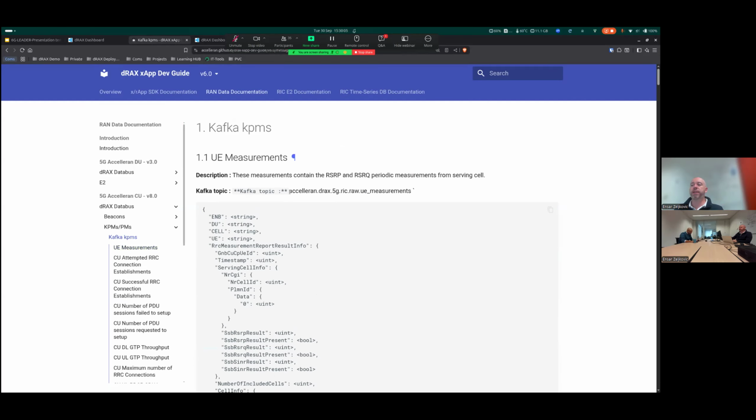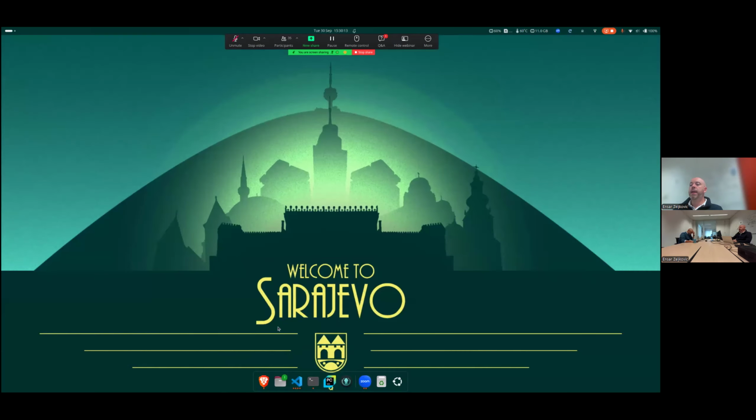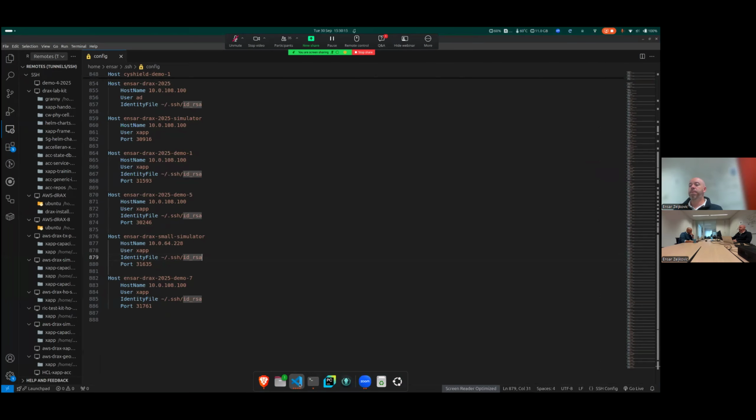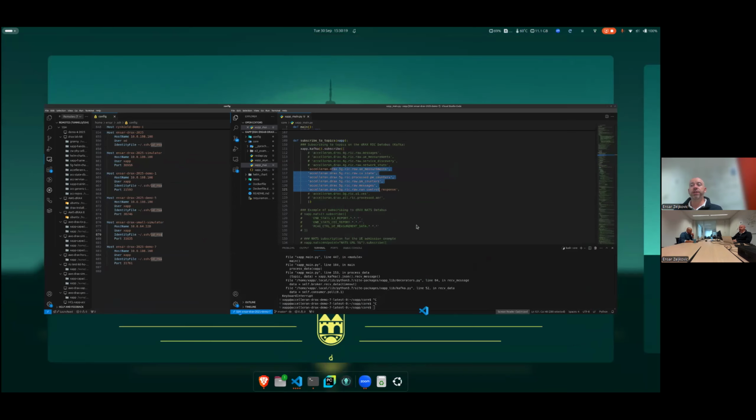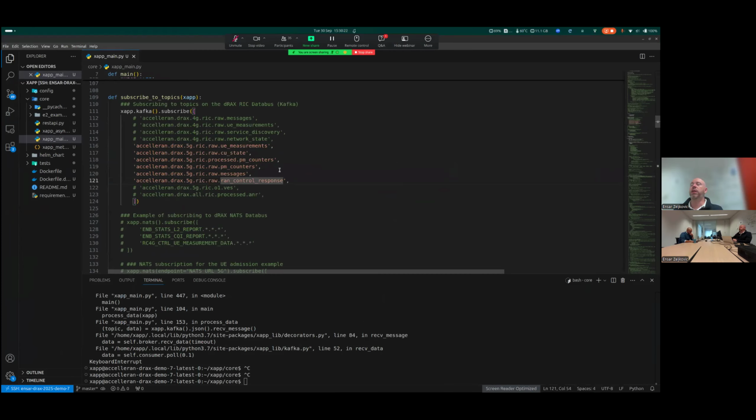So you can basically determine which Kafka topics you need in order to listen for the kind of data, right? Now, as I said, this message exchange system is the central message exchange system on our dRAX RIC. And it can also be used for inter-xApp or rApp communication, right?